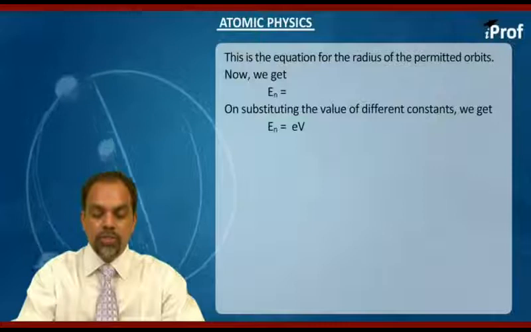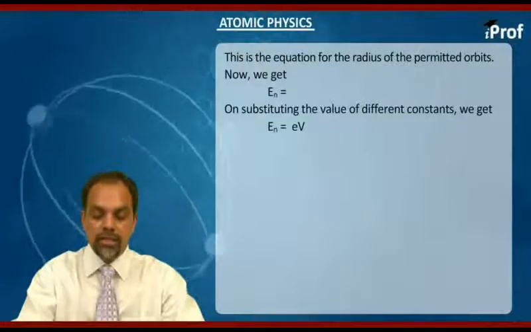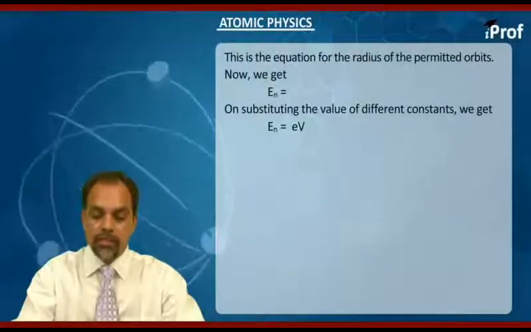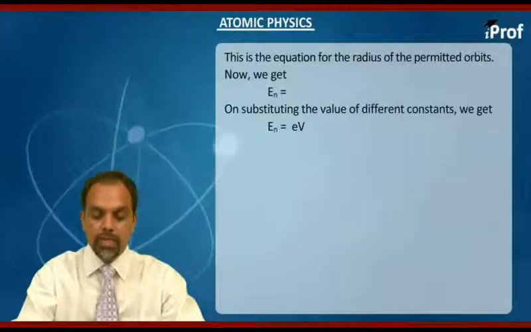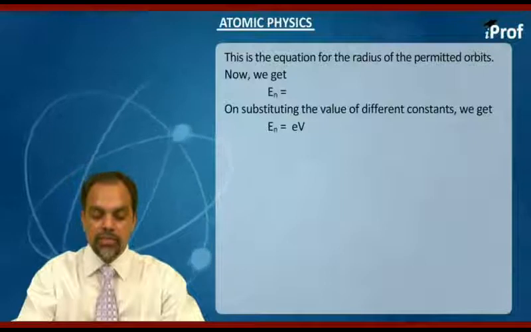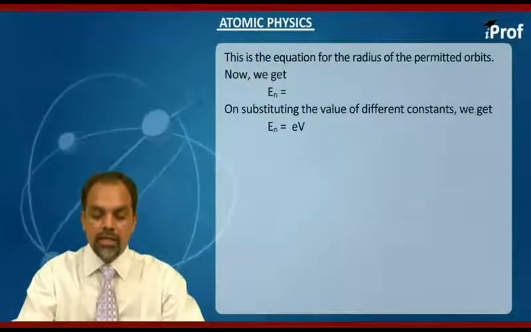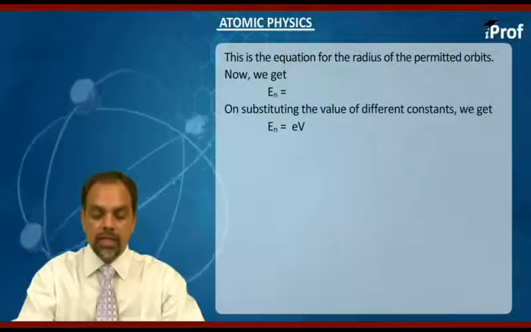Now when we make a substitution for the relevant constants, the final expression which emerges is En equal to minus 13.6 Z square upon n square, and this energy is to be reported in electron